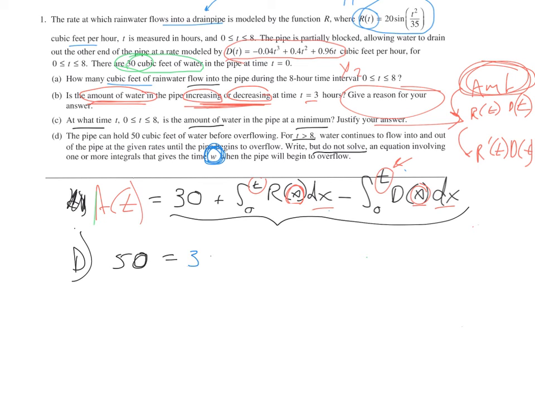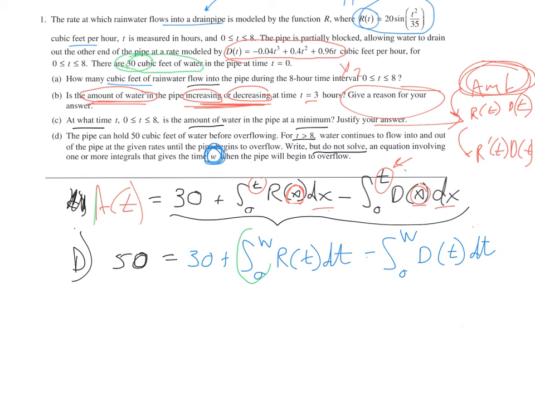So we could say 30 plus the integral from 0 to W of R of t dt minus the integral from 0 to W of d of t dt. Now, what's interesting about this function as well is that since that's our answer, we could be done. You don't have to subtract 30 from both sides, you don't do anything with that. But an alternative answer, just to show you, especially if you're looking at some of these answer keys,